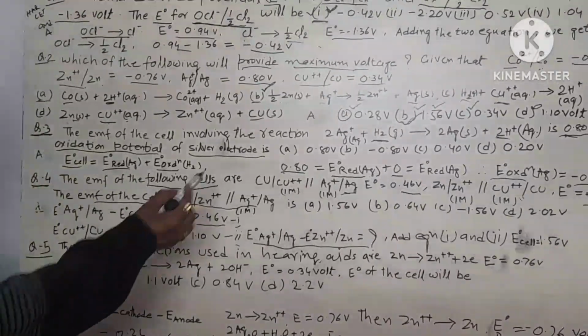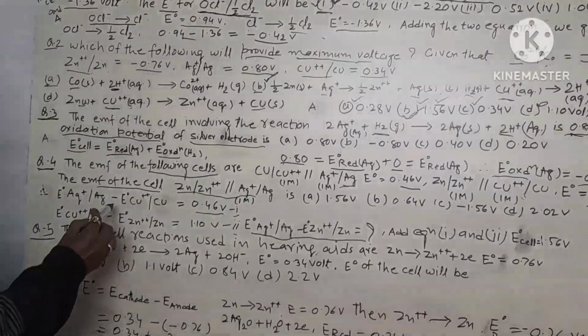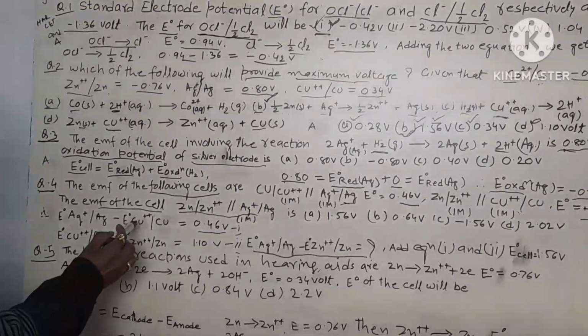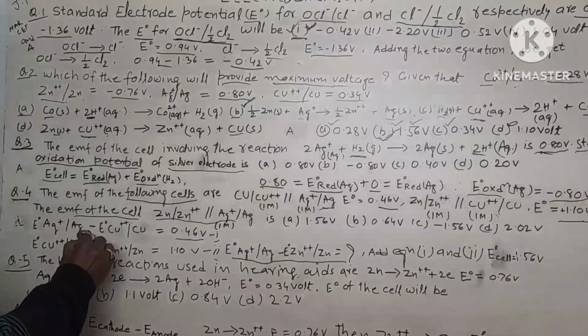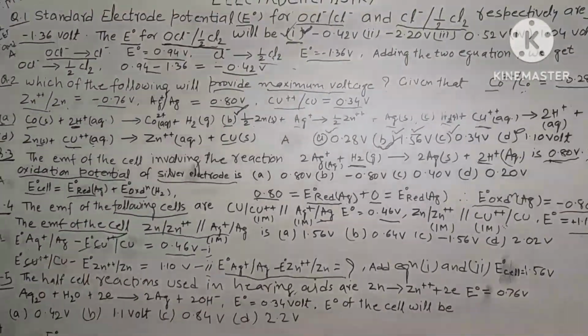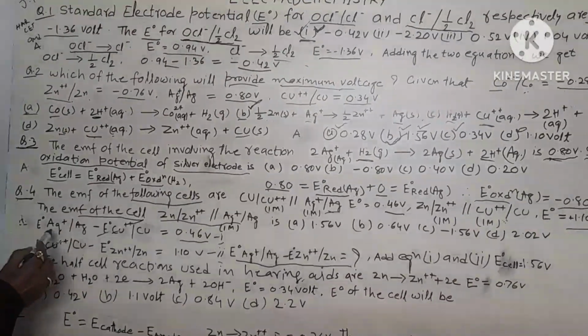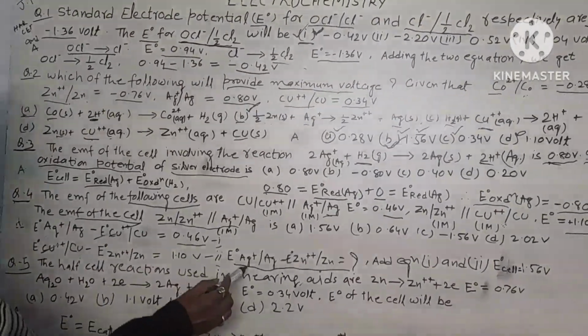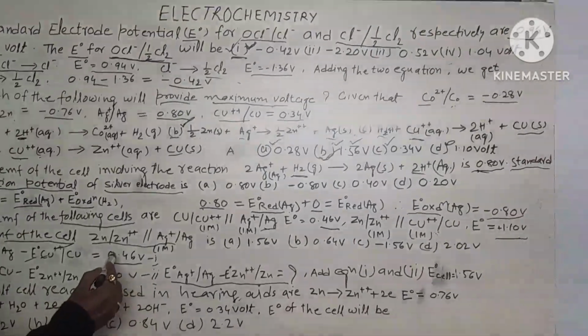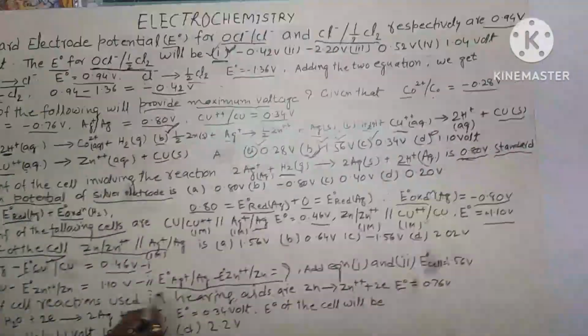If you add equation 1 and 2, then the copper electrode and copper electrode will be cancelled. This will be cancelled and this will be cancelled. Okay, both will be cancelled. Then what will you get? You will get this minus this, silver minus this. Correct? Then just add both, because we are adding, then you will get